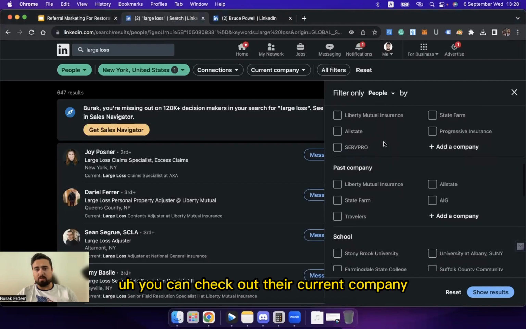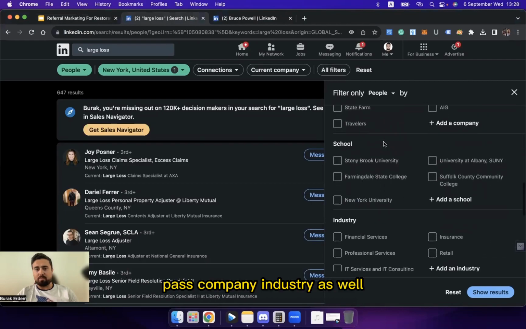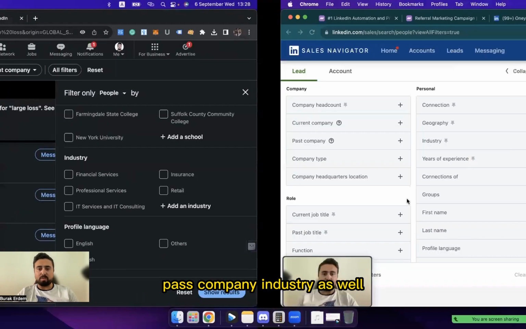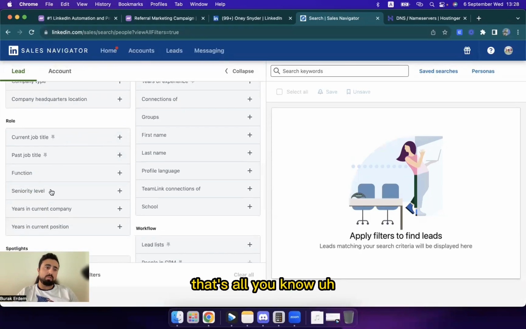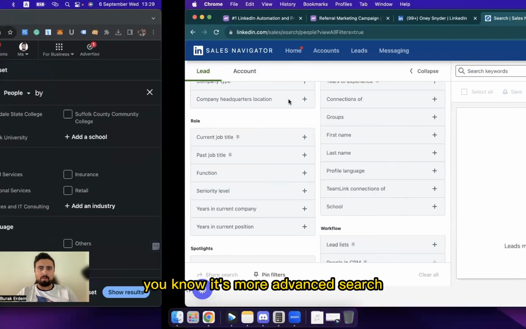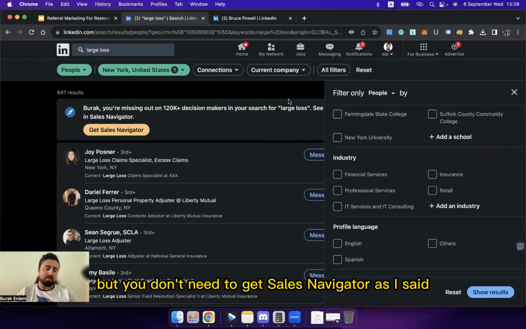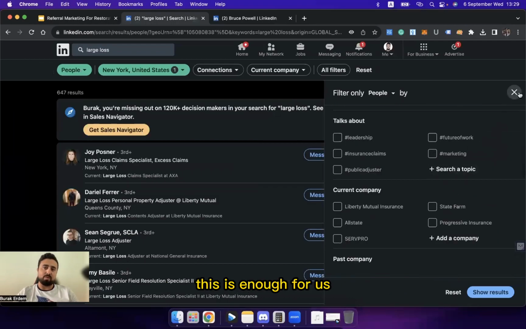You can check out their current company, past company, industry as well. But in here you have company headcount, current company, seniority level, function. It's a more advanced search, but you don't need to get Sales Navigator, as I said. This is enough for us.